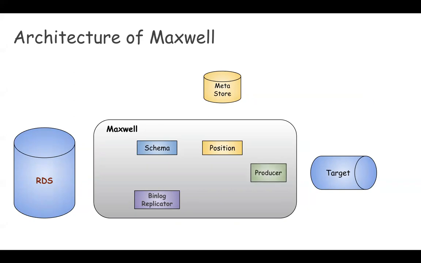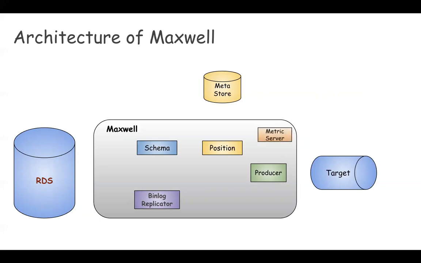And then there is a producer. There are different implementations of the producer. The duty of the producer is to push the messages to the target. The producers can be synchronous or asynchronous. It's up to you. You can also implement your own producer. And as you can expect, there are different producers, one for file, one for standard console, one for Kafka, one for Kinesis, and so on.